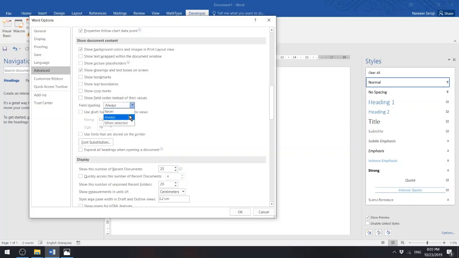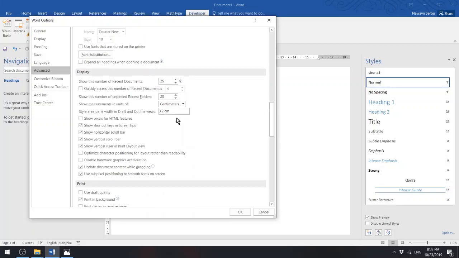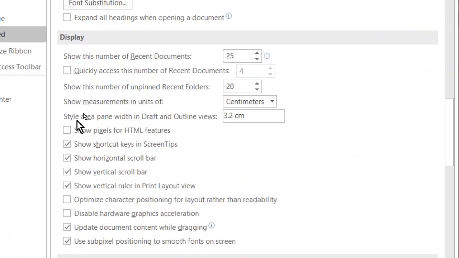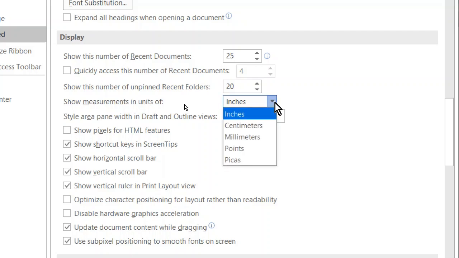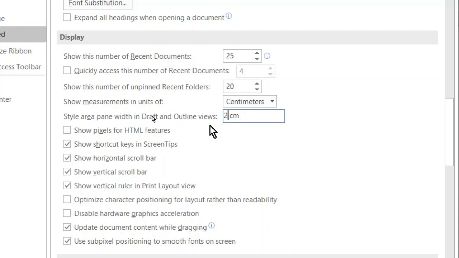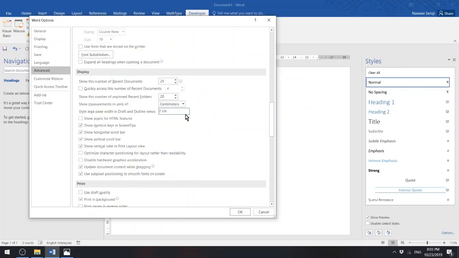But you change this from when selected to always, and then you go further down. For the style pane area here, it is just change to any numbers. You can use centimeters instead of inches. Go and change to centimeters, and then you define probably 2 centimeters if you like. So this is for the draft pane. I want to use the draft pane later on. Yeah, and then you go further down